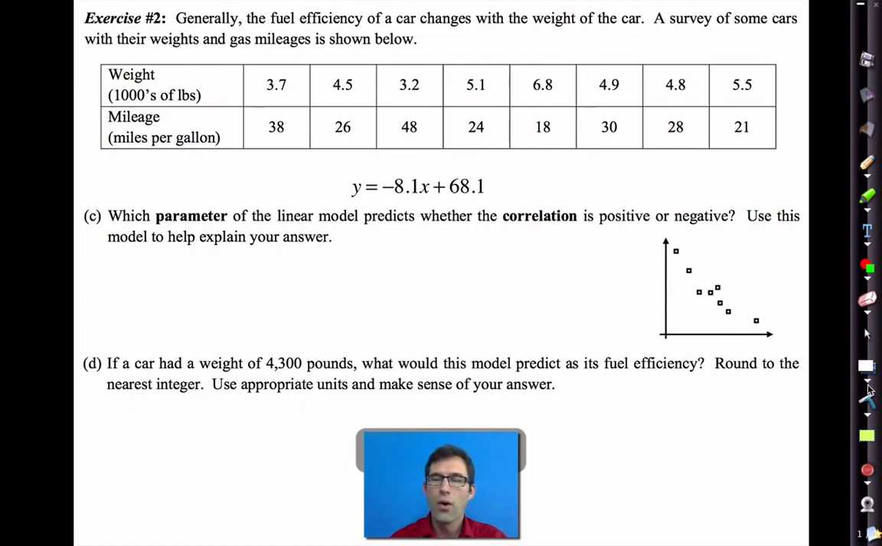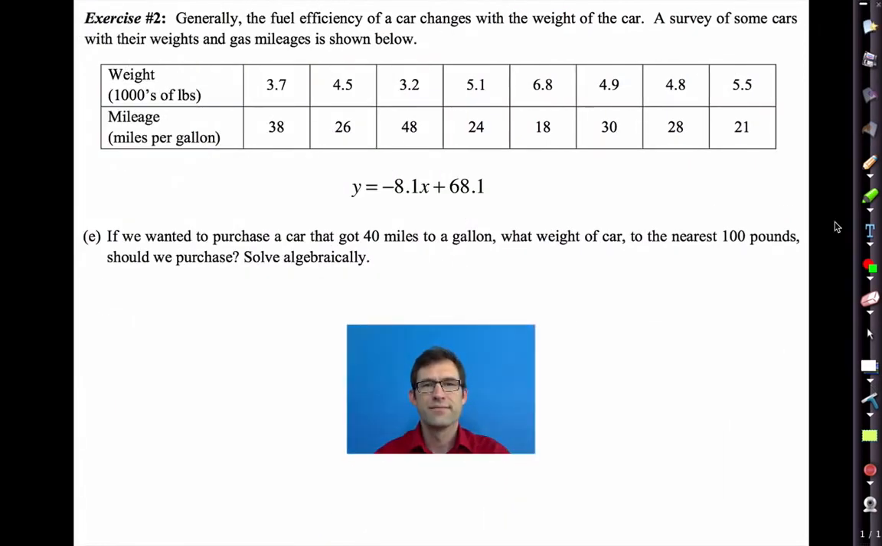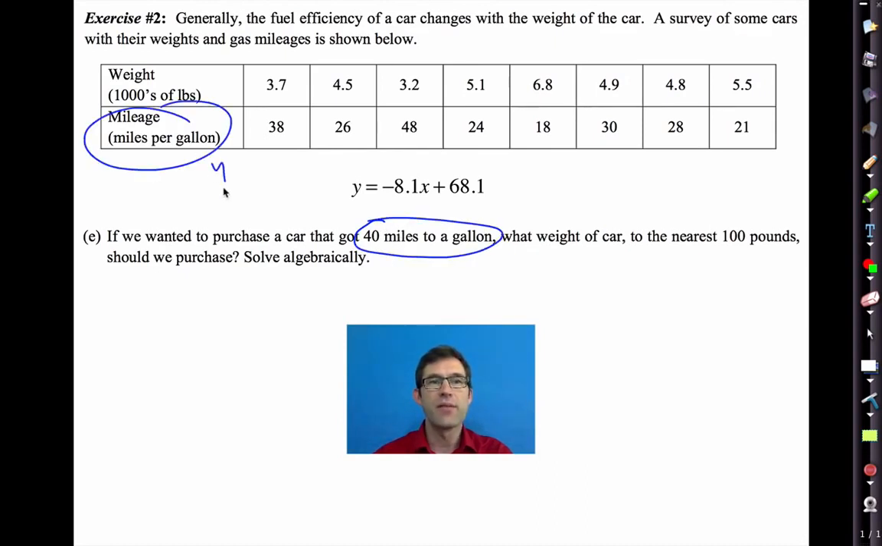All right, one last little piece of this problem. The last part says, if we wanted to purchase a car that got 40 miles to a gallon, what weight of a car, to the nearest 100 pounds, should we purchase? Solve algebraically. Great. Notice that when they say we've got 40 miles to a gallon, they've given me the y. So at this point I'm going to put in y as 40, and now I'm going to solve this equation